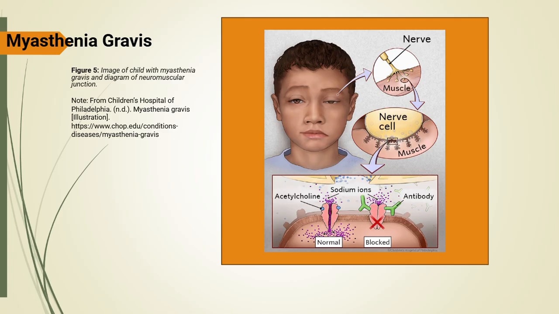Symptoms fluctuate throughout the day because repeated use of a muscle uses up available receptors, making weakness worse with activity and better with rest. For nurses, it is important to recognize the early physical signs, such as ptosis, difficulty smiling, chewing, or changes in voice, as well as the more serious symptoms like difficulty breathing or swallowing, which may require emergency intervention. This visual can be a helpful reminder that myasthenia gravis is not a problem of the muscle or the nerve, but of the impaired connection between them.